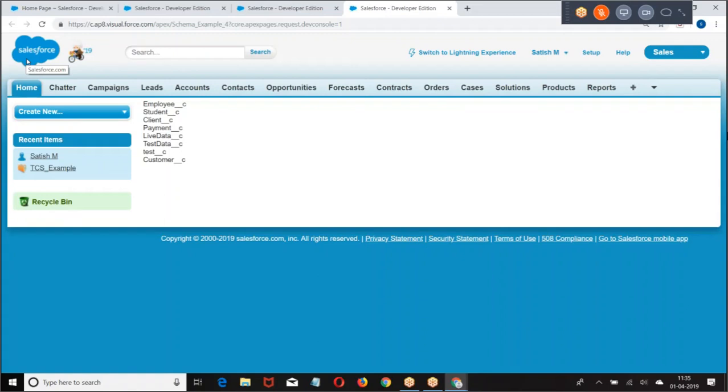Now, are you going to have a single field or multiple fields? There will be multiple fields. We are going to have multiple fields. Right. So let us see how to get multiple fields.